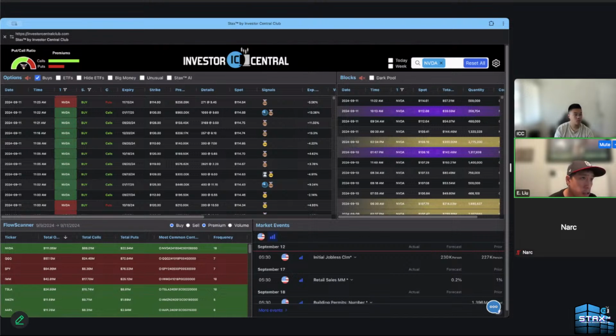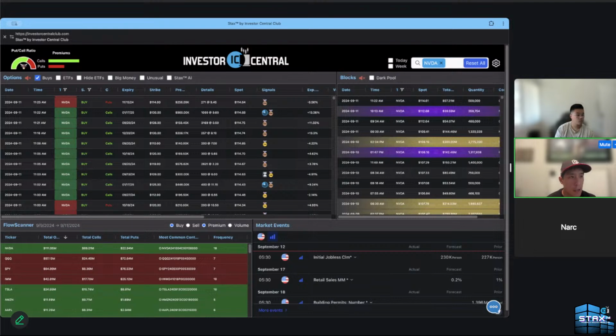But these guys are expecting this Nvidia to approach 115 to 120. That's what I'm expecting with the way that this flow is looking here. And as of right now, it's 115.40, and it's about to break high of day. It's about to break high of day right now. And so you can see what we do, and a strategy that you should be thinking about here is that